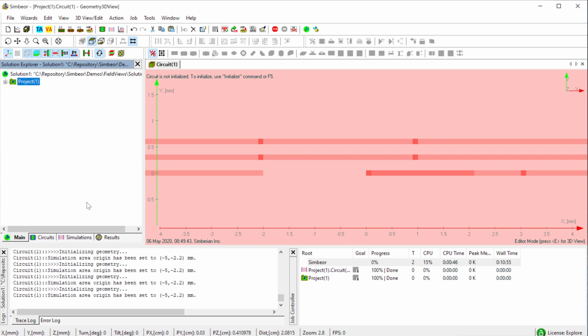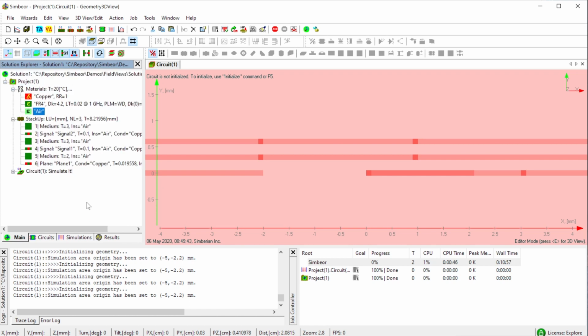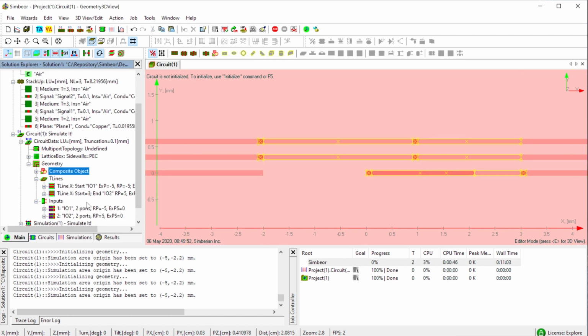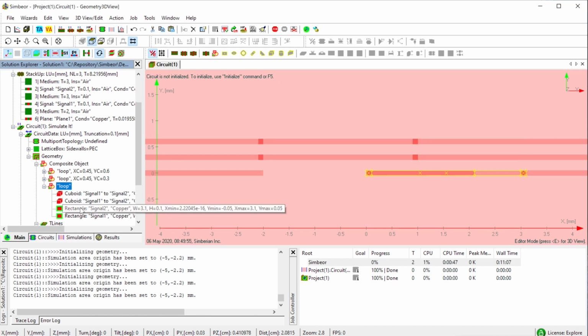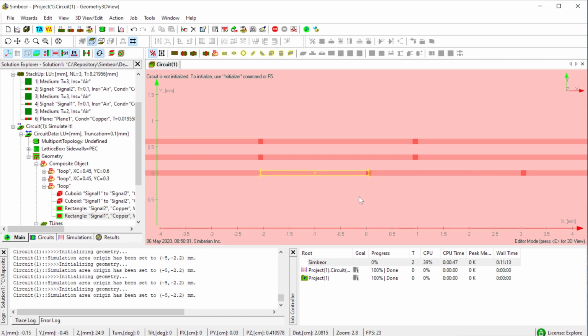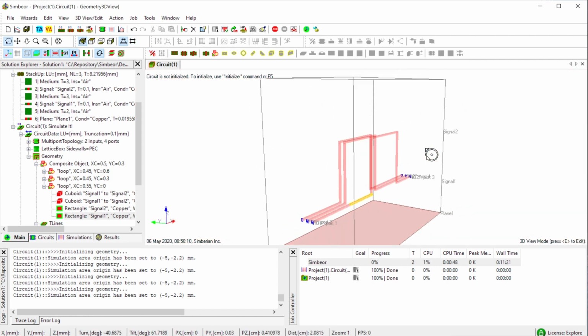Oh, I forgot about clicking in the editor, so I need to again select this loop, this rectangle, click in the editor, and it's context sensitive, those operations.